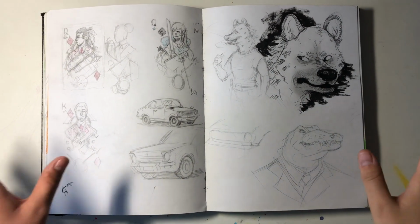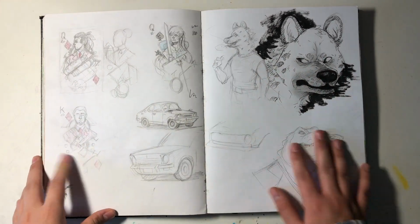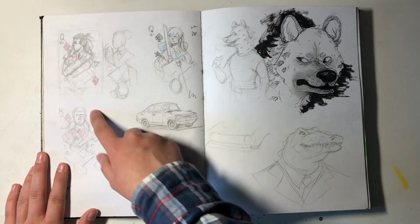I hope you guys aren't bored, because I'm trying to get through this and talk about it at the same time, and I might just be rambling on about stupid stuff. But these were some playing card ideas